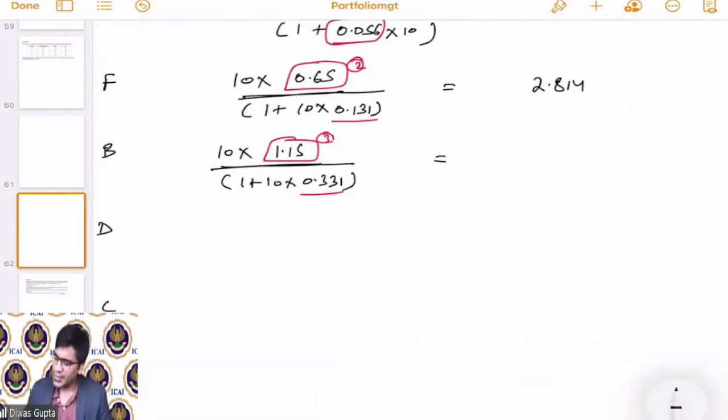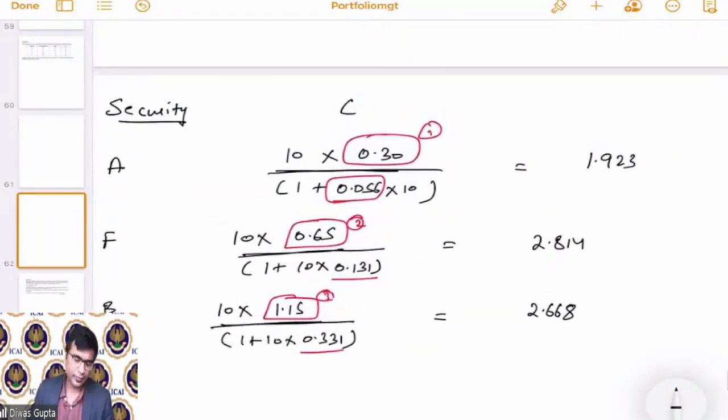If we solve this again, 0.331 multiplied by 10 plus 1, 4.1, 1.15 into 10 divided by this, which comes as 2.668. Okay, students. And now simply if we keep on calculating the other parts,